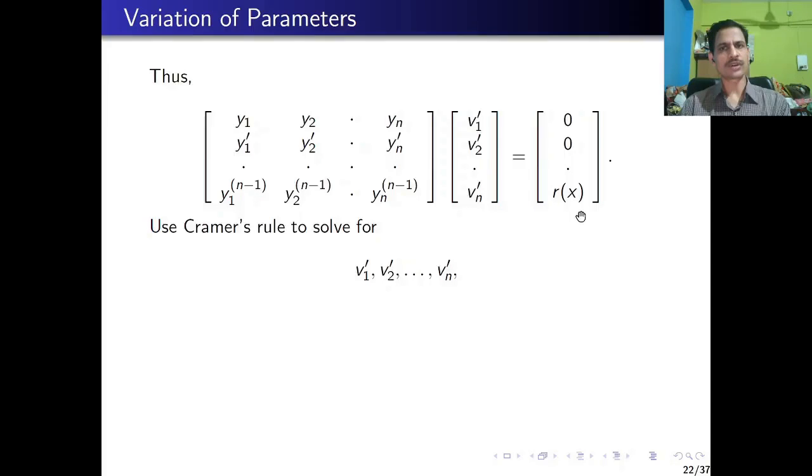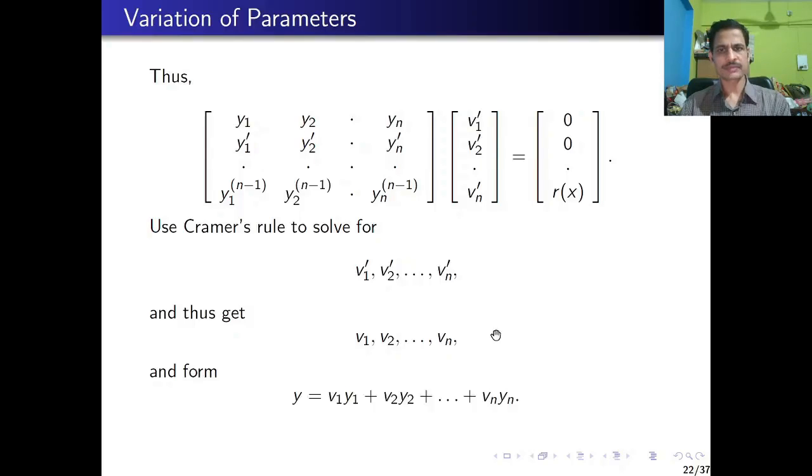So we solve for these variables using Cramer's rule, and once you get the values of v1', v2' to vn', meaning the expressions of these functions, then we integrate each of them to get v1, v2 up to vn. We did the same thing for second order ODEs, and once we have this expression for v1, v2 and vn,